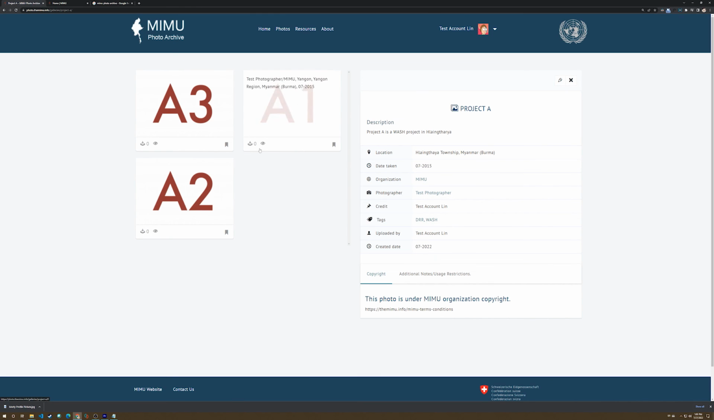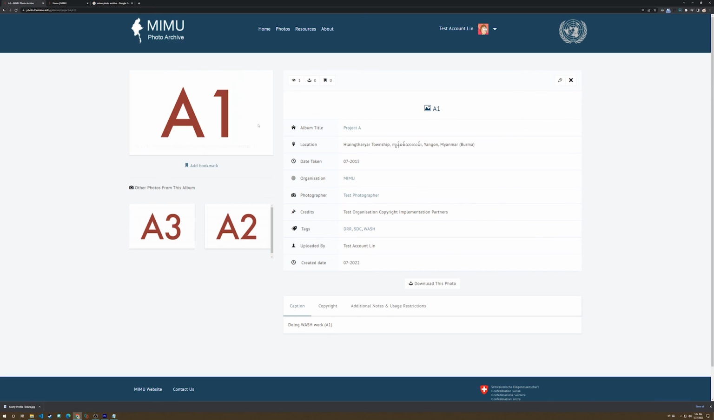And here we have this. We have this album, Project A album with 3 photos, and it has all the information. And then you can click on individual photos and they will also have their own information. So I believe this covers the process of photo uploading, and I hope you find this useful. Thank you, and in the next episode we will talk about how you can download and use these